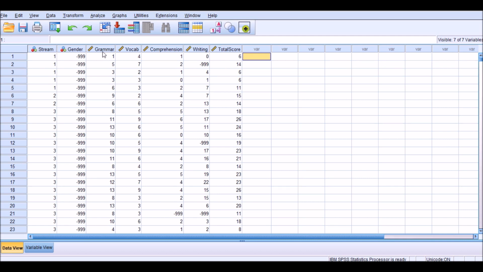I have variables like grammar, vocabulary, comprehension scores, writing scores, and the total score, which is calculated based on these and other scores which are not available in this analysis. Sorry, it's just computed based on these scores, so everything is available. The other thing is that I have missing data in some of the variables, which is represented by -999, as